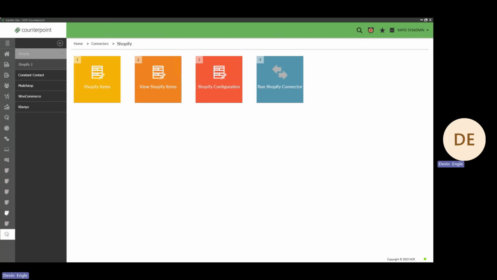Sometimes we get asked, when the connector creates a new Shopify product, is it automatically published on the website? And the answer to that is no, because most clients prefer to have the status set as draft. So that's our default. However, if you do want your products to be automatically published, then we do have a configuration setting for that, and we can do that. The reason most clients prefer to have it go up as draft is because that gives them a chance to edit the product description, add photos, confirm that they're happy with the way it looks, and then set it to